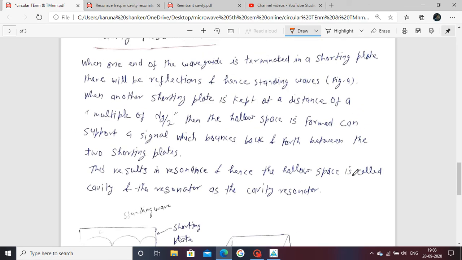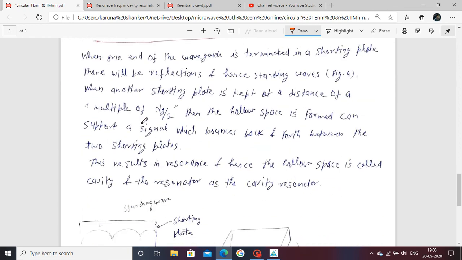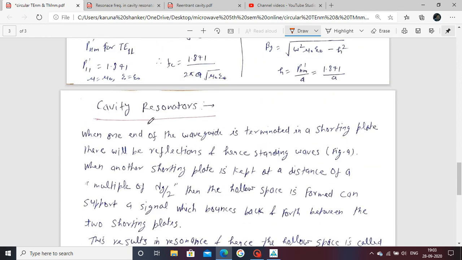Now in the microwave frequency range, we use a cavity formation using rectangular and circular cavities. We have seen the rectangular waveguide; this is the diagram of a rectangular waveguide. This is the front side, considered the input side, and this is the output side. This is the top wall, this is the bottom wall, and this is the side wall.